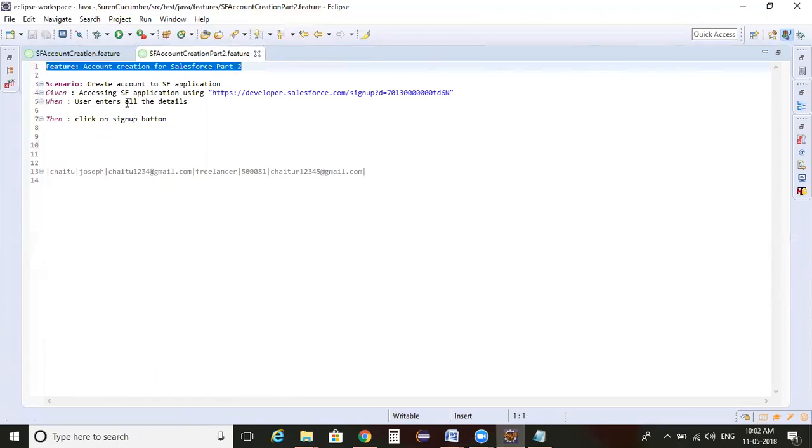So here, instead of writing this step as user enters all the details, user enters details. So here, he will enter first name first. So I am adding these greater than as well as less than symbols, and the variable I'm passing inside that.